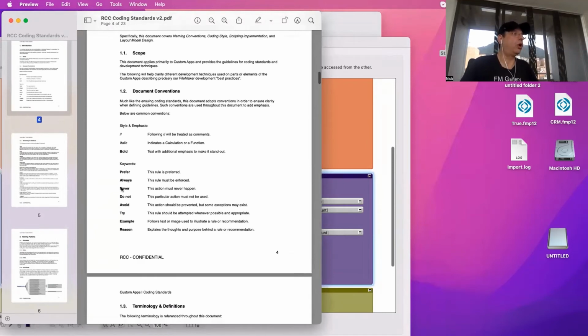Prefer, always, never, avoid, try. So that means nothing is like never do this, never do that. No, avoid, prefer that. It doesn't work, try something else, but prefer that. Always, that means, okay, always. Like, for example, always use TO something, TO2A, B, C, D. Always use this, but avoid